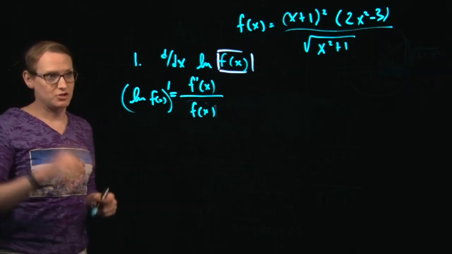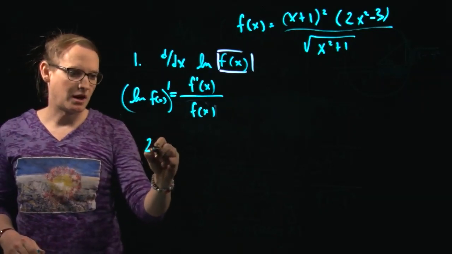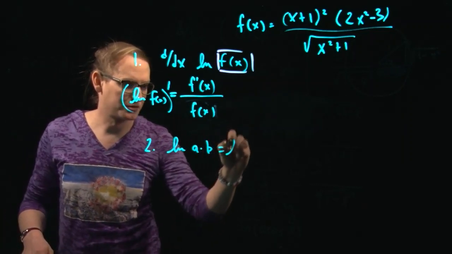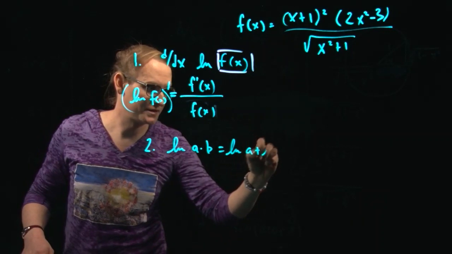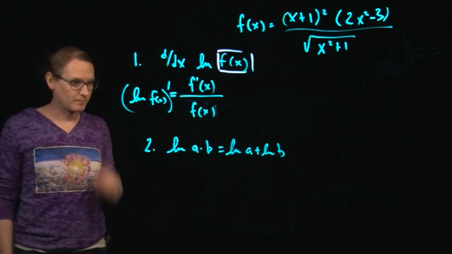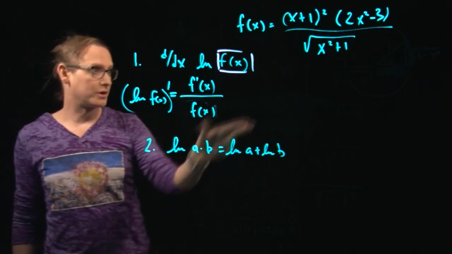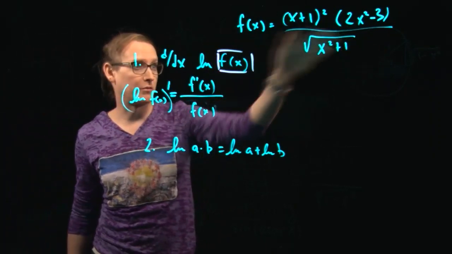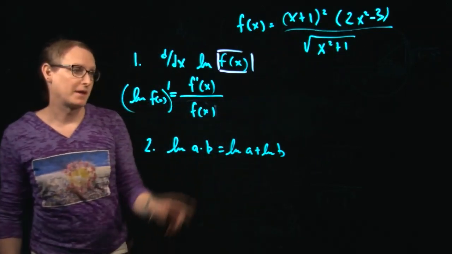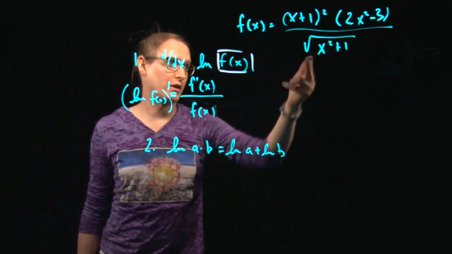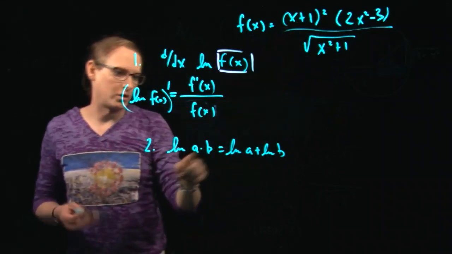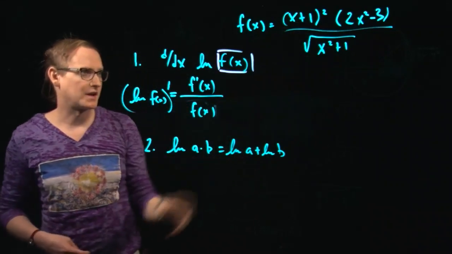Okay. Observation 2 that I want to make with you is that the natural log of a times b is equal to natural log of a plus natural log of b. So what we're going to do is take the natural log of both sides of this expression of the function that we're going to want to take the derivative of. And since this thing is just a product, the quotient's just a product with a negative power, or I could put a divided by and get a minus sign right here,